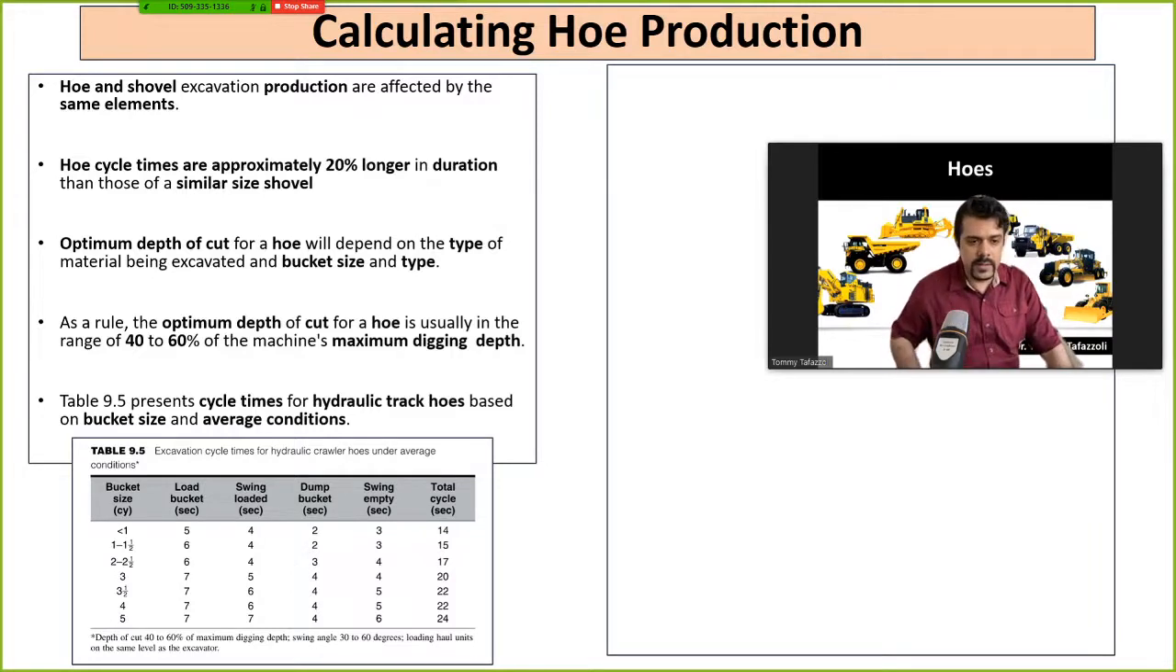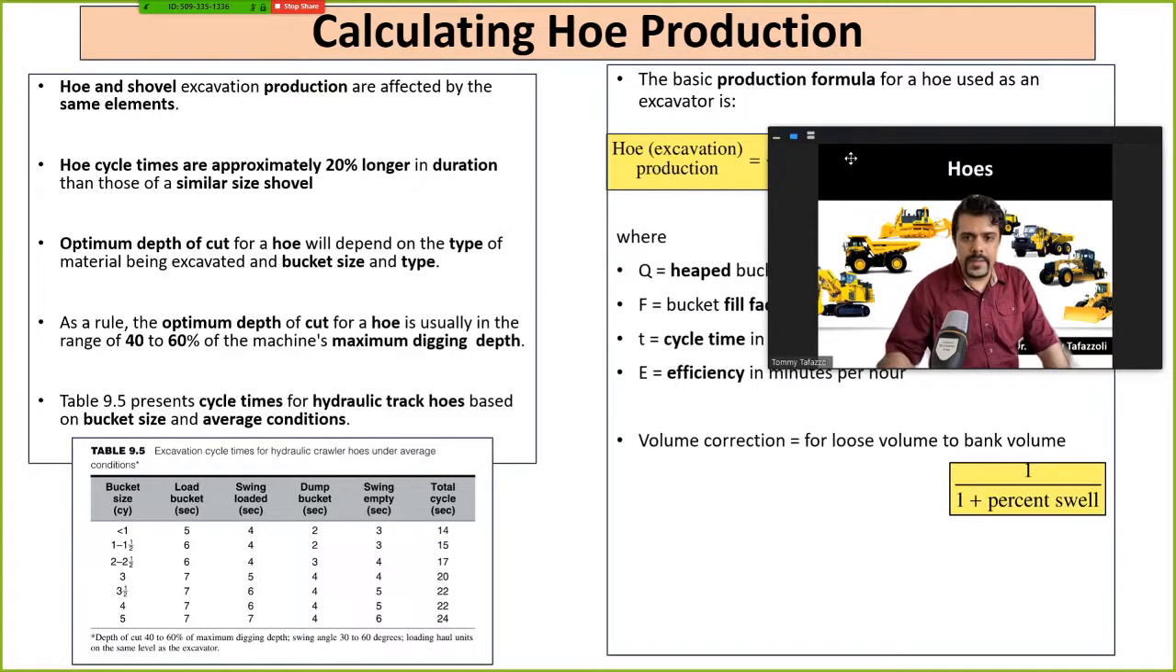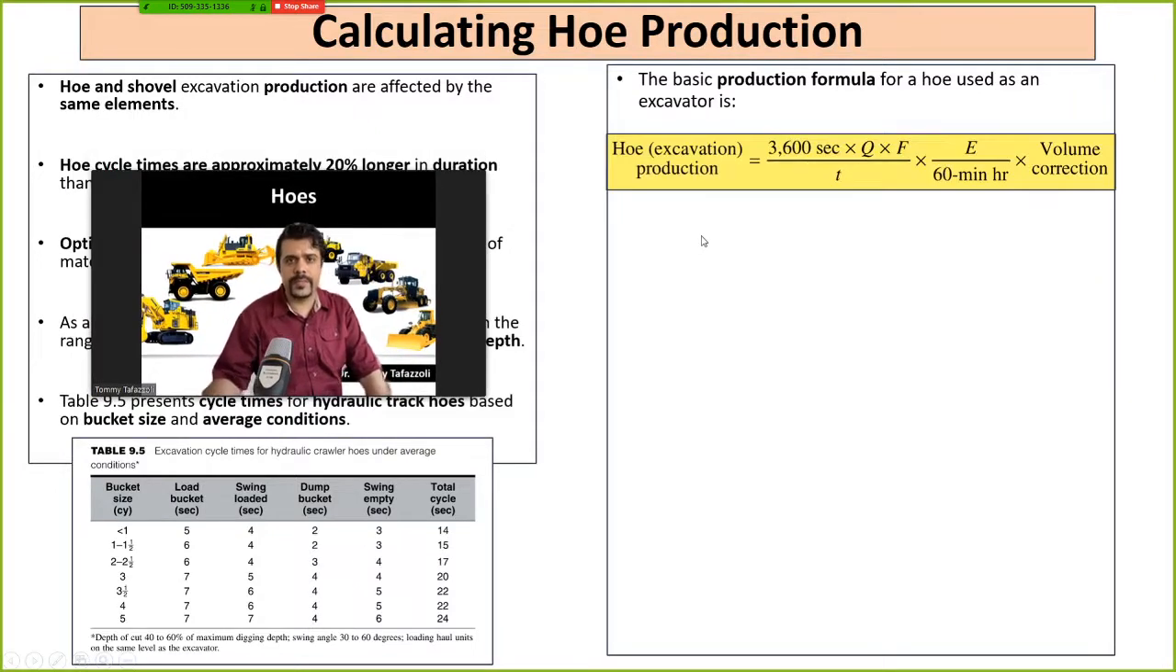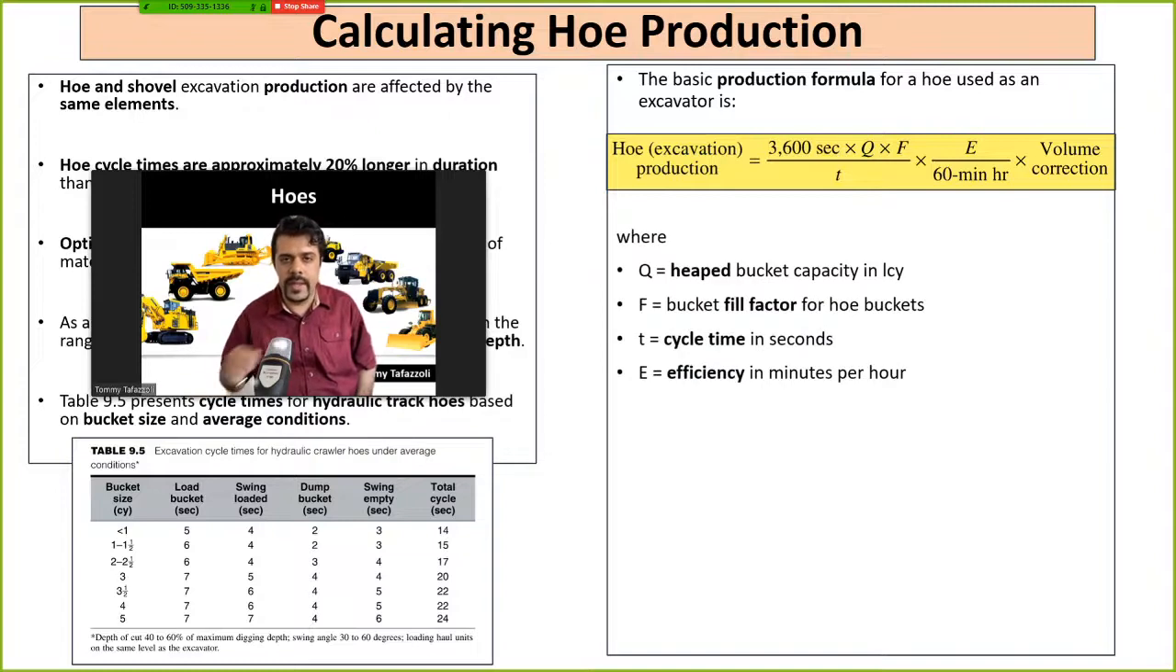starting the next cycle. All right, so the basic production formula is this. As you can see, 3600 seconds is just to convert seconds to hours. So in 1 hour, there are 3600 seconds. But what is Q? Q is the heaped bucket capacity, okay? And we consider a 45 degree angle on top of the filled bucket,